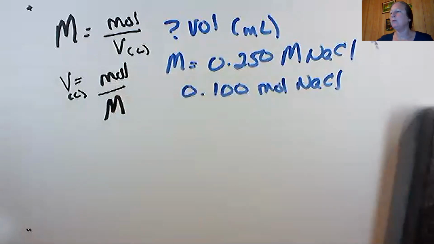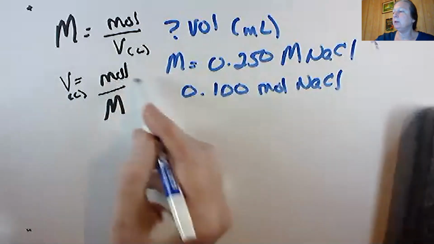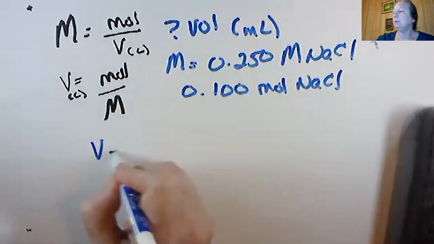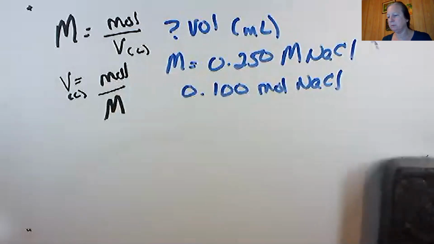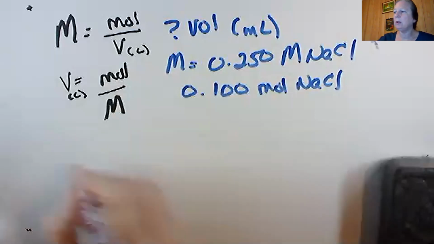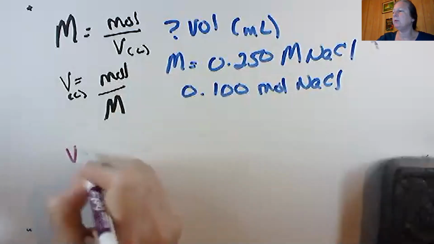So first we're going to get volume in liter, and then we're going to convert it into mils, because that's what it asks for. So to solve for volume in liter, I'm going to do this in a different color. What I'm looking for and what I have are in blue, my focus points. So to solve this,